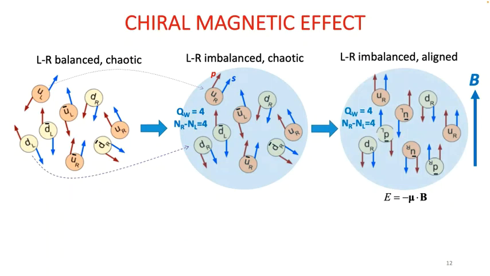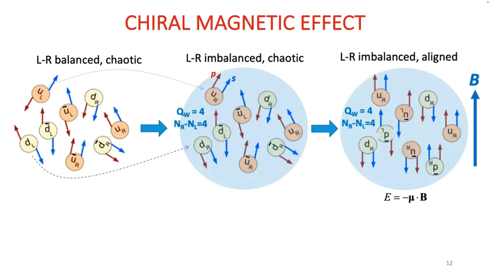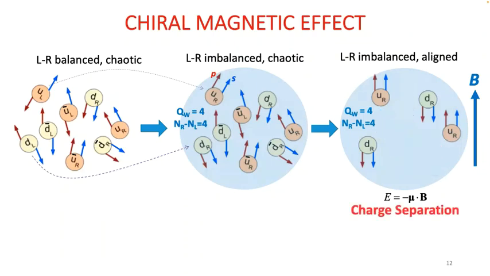So you align all the spins together, and once you align the spins together, then the momentum is automatically aligned because they're along the spin direction. And you have cancellation here, since most of them are random, and you're left with the right-handed quarks. Since the momentum and the spin are in the same direction for the right-handed quarks,